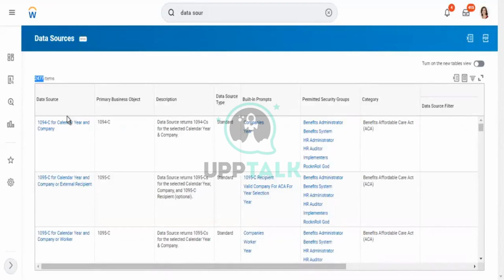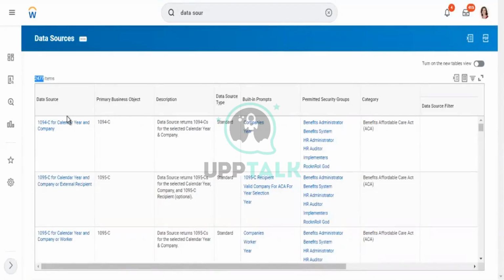In that scenario, this is a bit technical, but just to give you an understanding, we'll be creating a custom business object under which a custom ID will be created. Under this custom ID there will be a custom field, where we'll be loading all the legacy ID information. So an employee can have two IDs. One is the Workday generated employee ID. The other is the one we've uploaded from the other system. We call it a custom field, under which we have mapped this legacy ID from the other system. Other than that